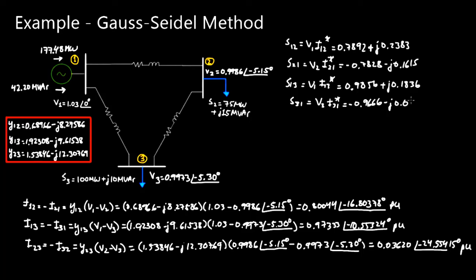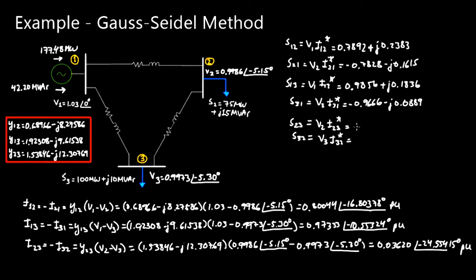And then lastly, we can calculate again S23 and S32. So S23 would be equal to V2 times I23 conjugate, and S32 would be equal to V3 times I32 conjugate. And so we would get for S23 that that's equal to